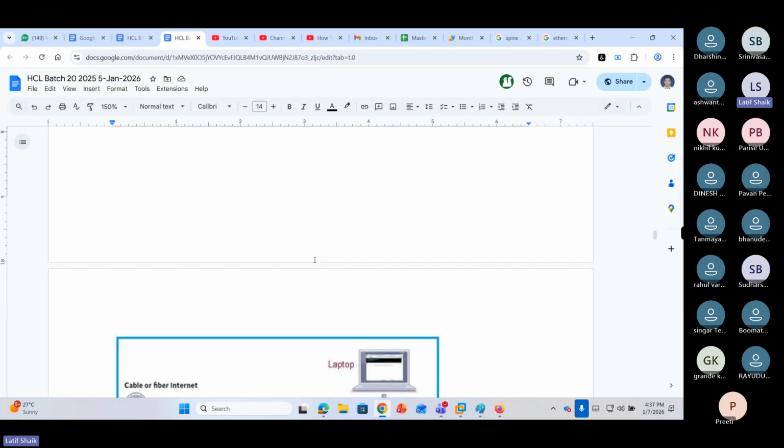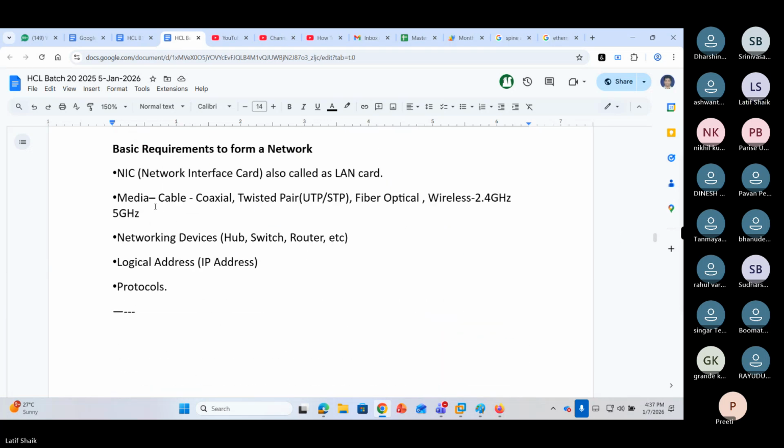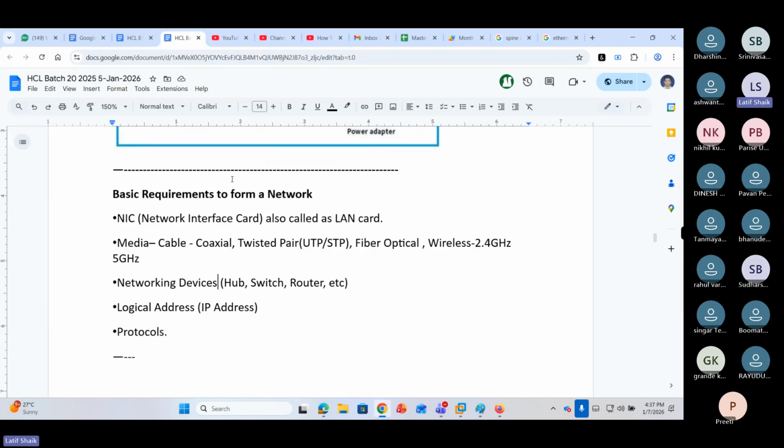Again, for 1 hour we will discuss these networking devices. After that, we will see what this SOHO is once again. Next, we'll see the requirements to form a network. There are 5 points, and one by one we will cover them. Once we have covered these 5 things, then we'll go to the OSI model. It is not the biggest one, but it will take more points in the logical network. The IP address part is there.